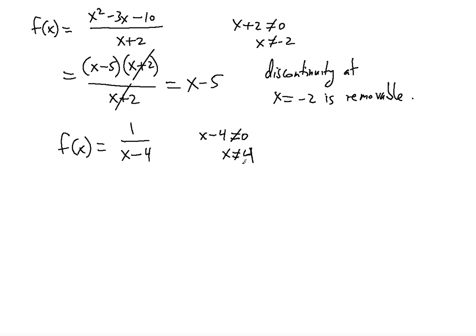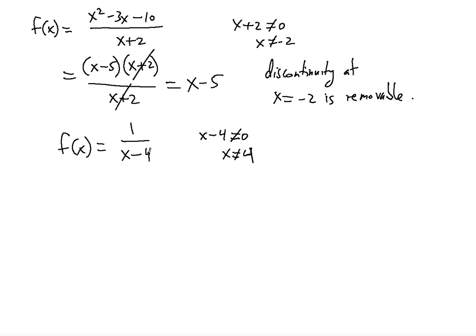Can we remove this discontinuity at x equal to 4? We can't, because there's nothing in the numerator that will help us cancel this out. So this is a non-removable discontinuity